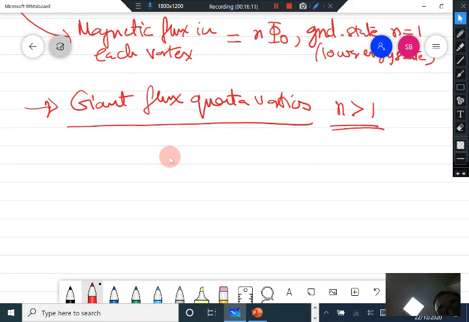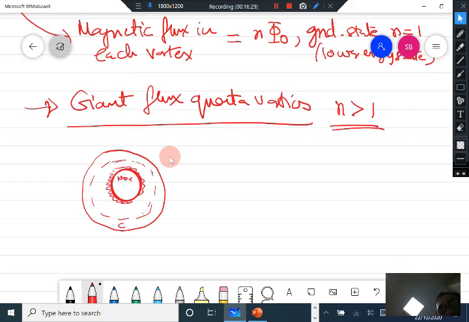However, just a word of note: this was the normal region and this was the boundary of the superconductor, and we had taken a curve like this, and the currents were circulating only in the region around the normal region. So we had taken a curve which was far away, and that is why the current along this curve became 0. But you could have chosen, if this was a superconductor and this was the normal region, this region where the current is circulating. Let us say what I am shading here is the region in which current is circulating.